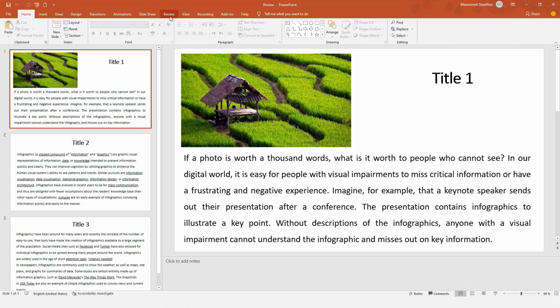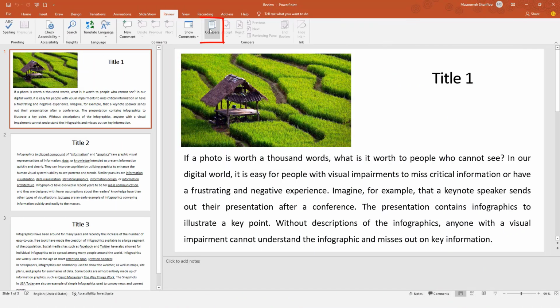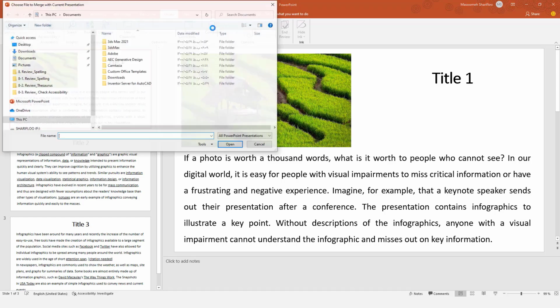The next part of the review section is the compare section. What it does is open another PowerPoint file simultaneously. It shows the changes, and you can add the changes from file 2 to file 1 wherever you like. Now, with the help of the compare option, I open a file with the name of version 2